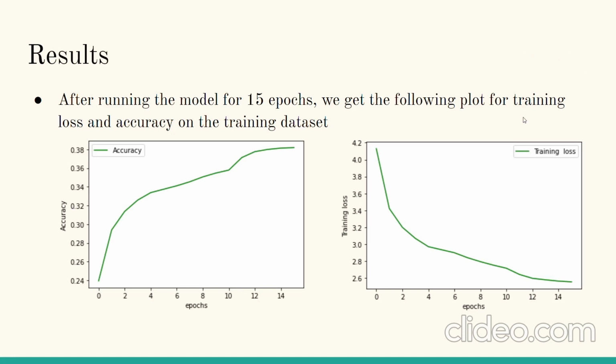From the code walkthrough, we saw that our model was able to predict decently on slightly less complicated images, but was not able to perform well whenever there were multiple layers present in an image, which were making the image more complicated. So after running the model for 15 epochs, we get the following plot, as we saw in the code walkthrough, that our accuracy is increasing with each epoch, although we are not able to get a better accuracy than 38%. This may be due to the fact that we are using a smaller data set. Similarly, we can see a decreasing trend in the training loss with the number of epochs.